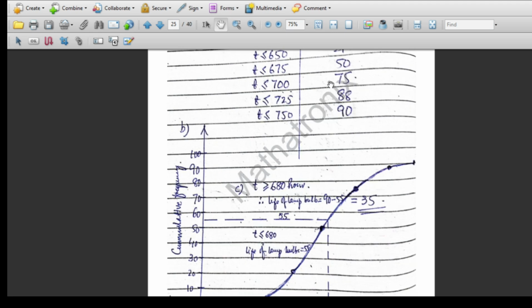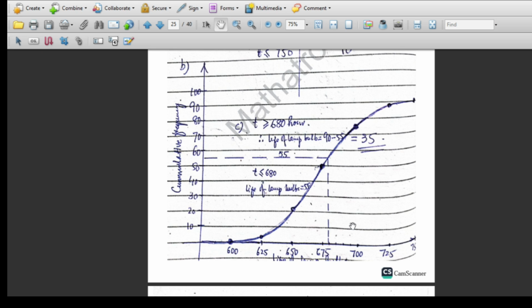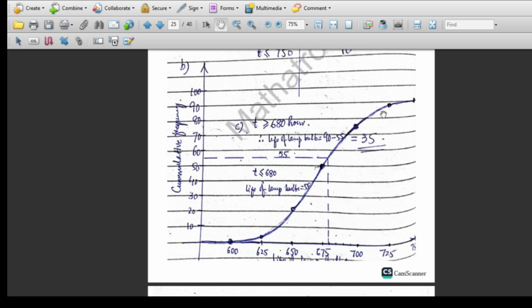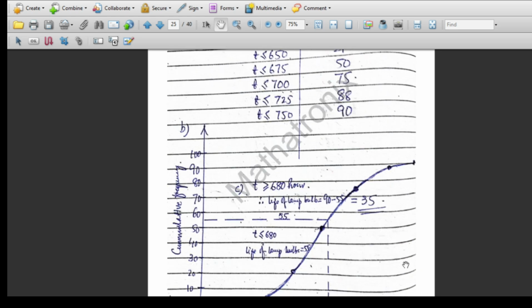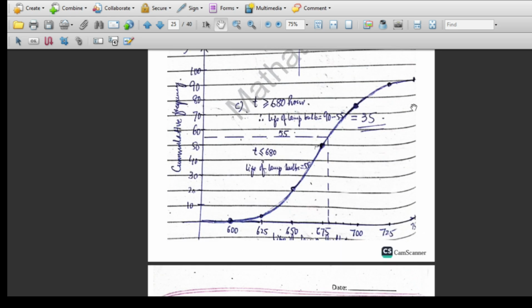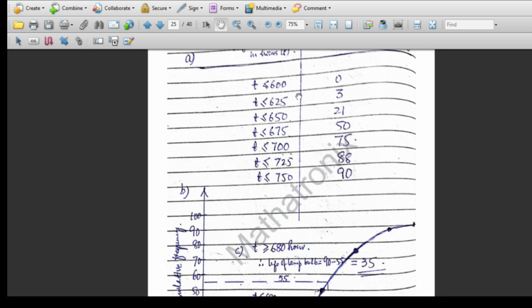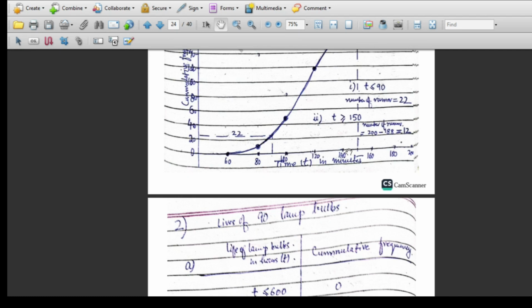at 675, 50, at 725, 88, and 750 is 90. So 750 is at 90, here. So we draw this diagram, and this is the cumulative frequency diagram, and this is the cumulative frequency table, and in the